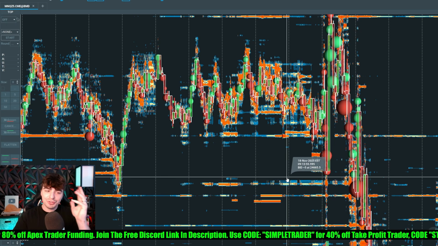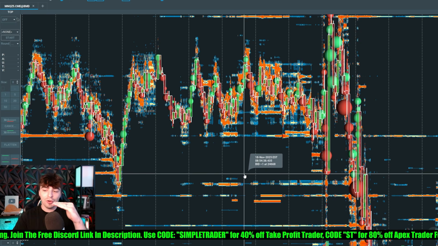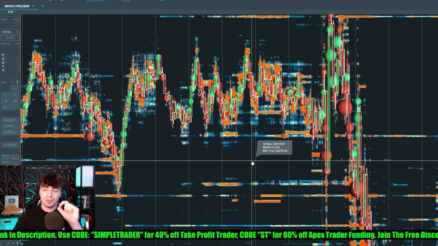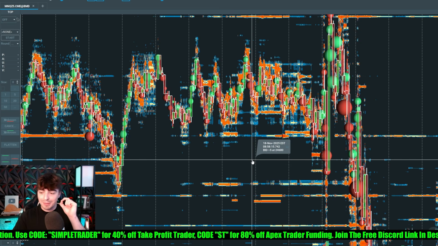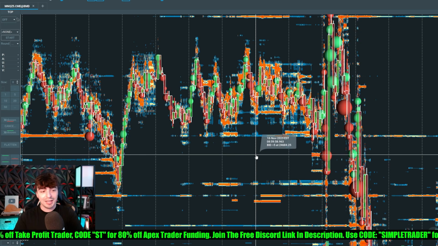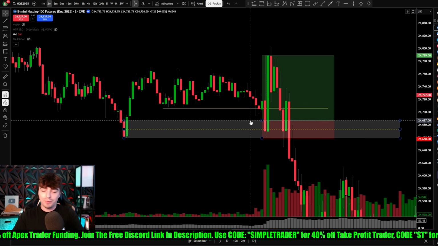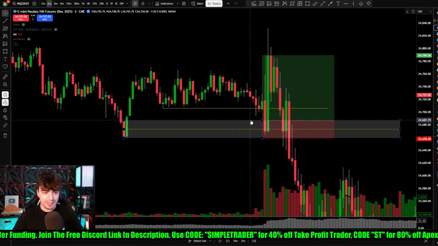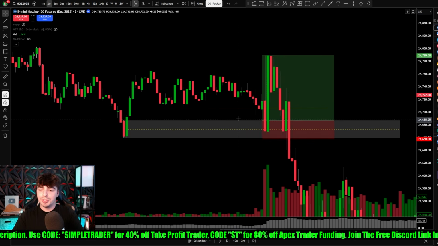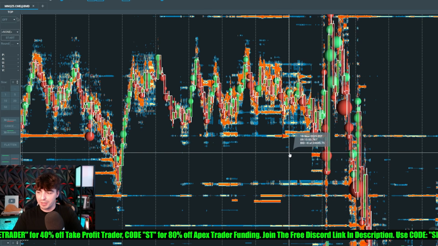And so imagine now that you can see where orders are, and then you can also see exactly where orders are being executed. So you essentially know that people are buying or selling at specific areas. That is pretty crazy. And yet you can do it. So back to this example here, I was looking to buy at 24,686, about that price, right? But I would just be guessing if I didn't have Bookmap. So what I did is I went over to Bookmap and I hovered my cursor over the price that I wanted to buy at,